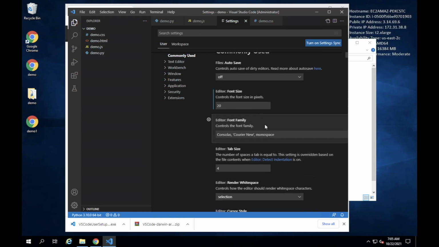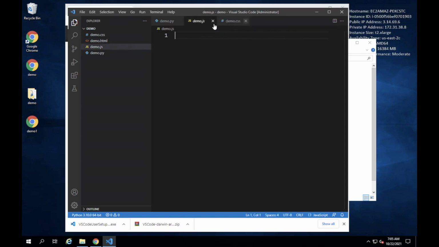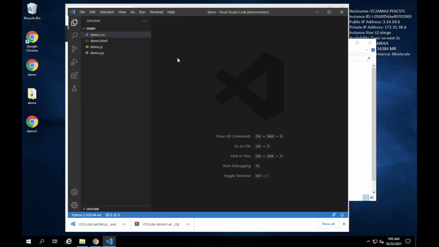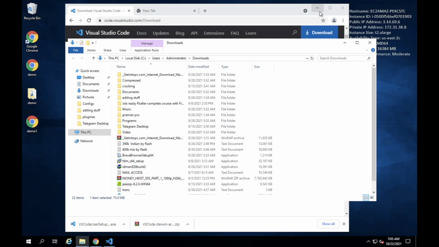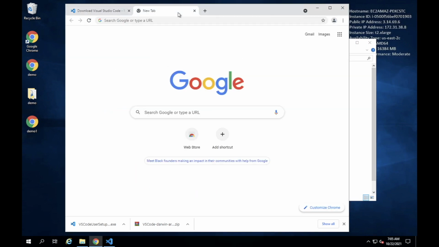Okay, this is about VS Code. And we also have so many features in VS Code, which we will explain in the future. I will not explain them now. Day by day you can understand everything. After that you will need to understand what Git and GitHub are. And I will tell you the connection between Git and GitHub.